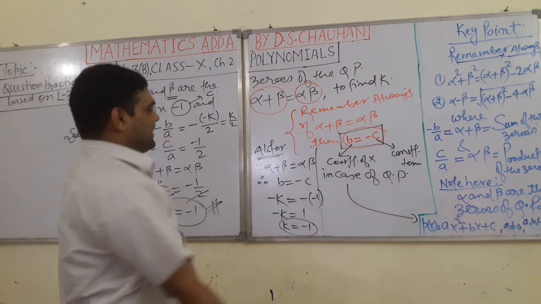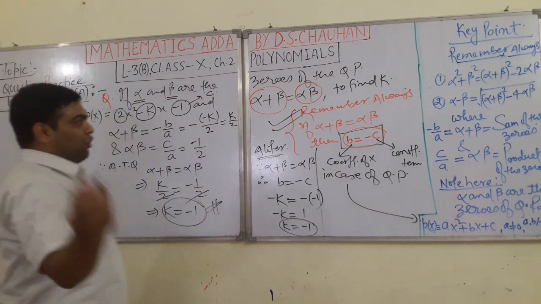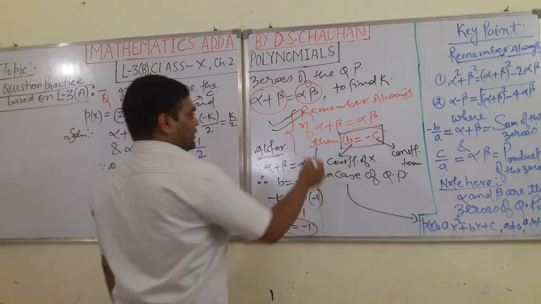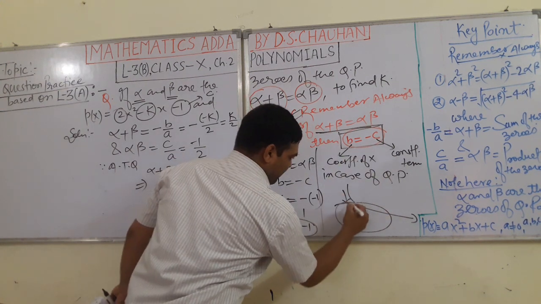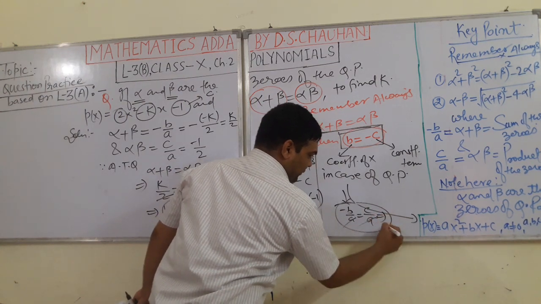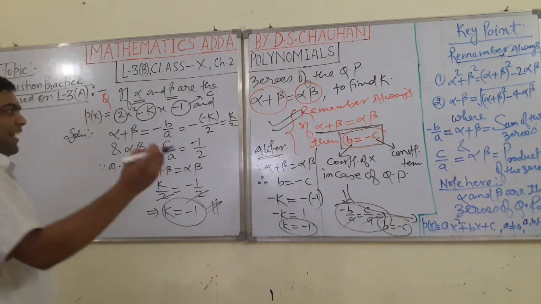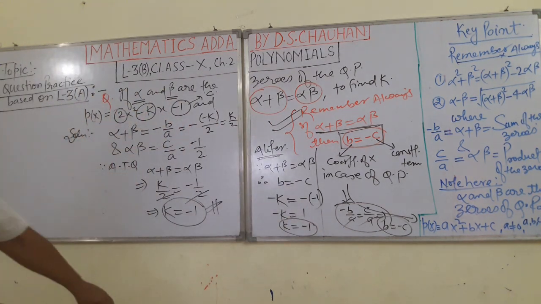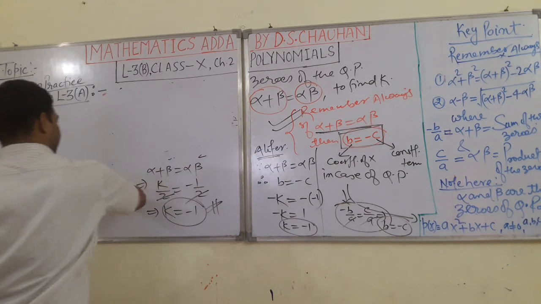If you have this shortcut key, students, very easily you can find out the value of the unknown. So if any problem of 1 mark comes, you can use this shortcut key. And how did it come, student? No need to worry. We know that alpha plus beta is minus b upon a, and alpha beta is c upon a. a and a get cancelled, and very easily we get b equal to minus c. So always keep this in your mind. See, very easily we are able to get the 1 mark. Well students, now see some other question. Always remember these tricks, students.